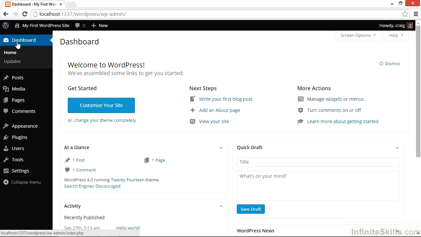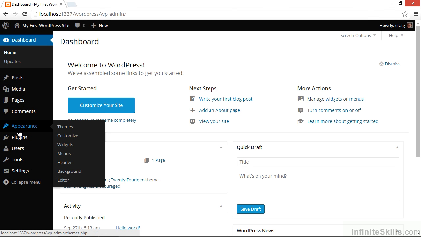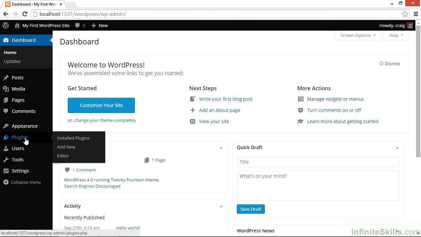On the left, we have our main navigation, and you're going to be using this a lot. So it's good to get familiar with each of these links, and you'll see as we hover over some of these that we have some pop-ups. Just spend some time after this video clicking around on all of these different items just to get an idea of where everything is located. And if you have that in the back of your mind, then as we move forward and start customizing our website, then we should be able to navigate through our site pretty quickly.